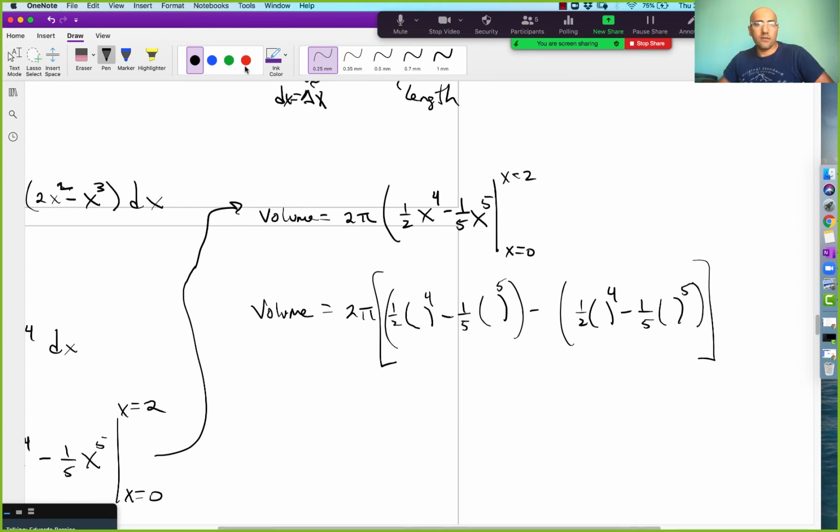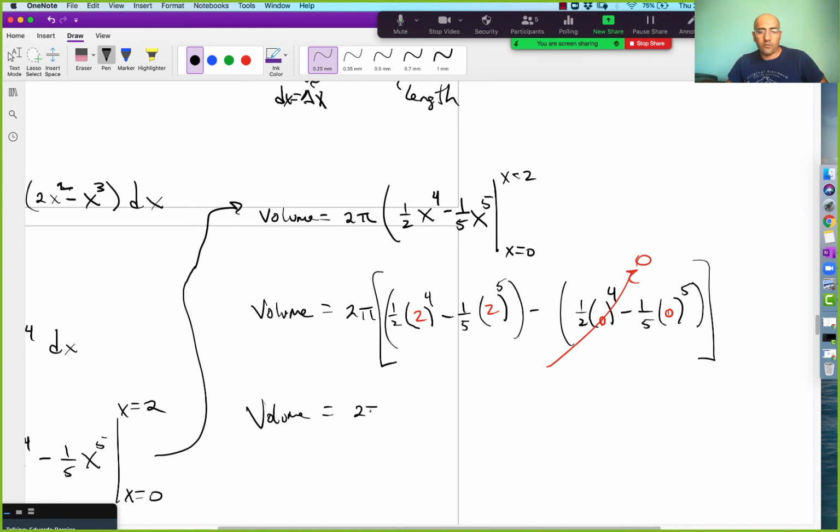Now we put a bunch of 2's here, a 2 there, and then a 0 there, and a 0 there. Luckily all of this is just going to be 0, minus 0 goes away, and over here I'll end up with